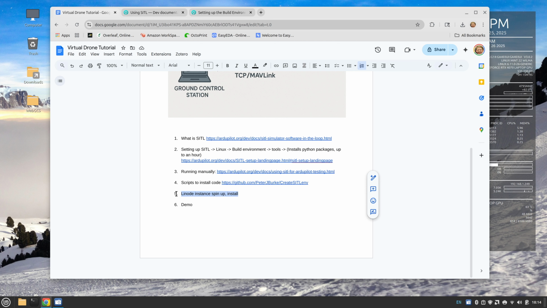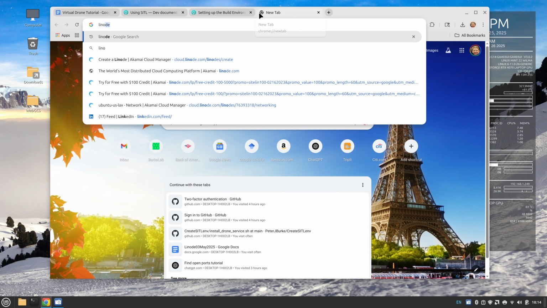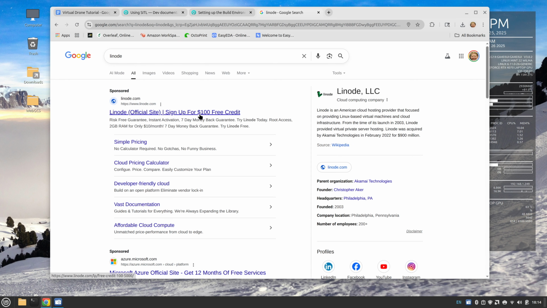So we're going to use a service called Linode. There are a lot of cloud services, for example, Amazon Web Services, DigitalOcean. They are changing from year to year, so you do you, but Linode is the one we're going to use. So first thing we need to do is,